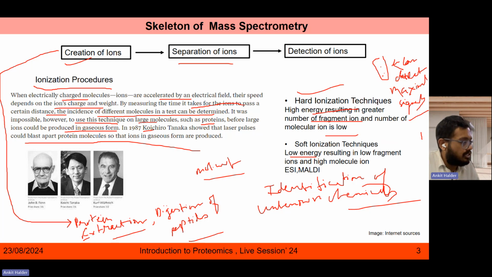Examples are ESI, that is electrospray ionization, and MALDI, which we use to a great extent. So now if we move on,